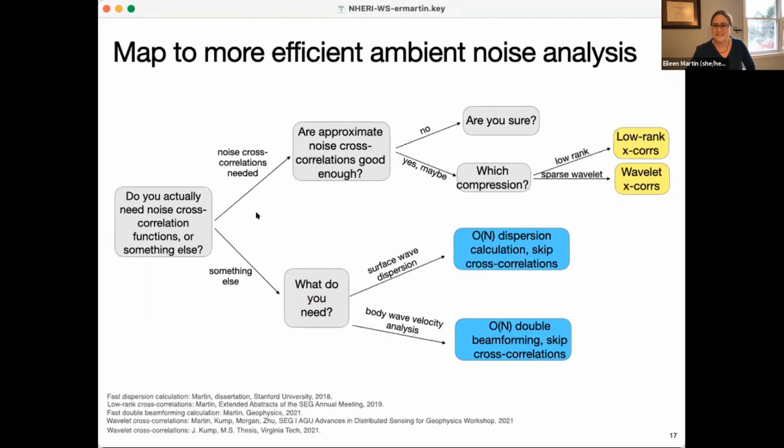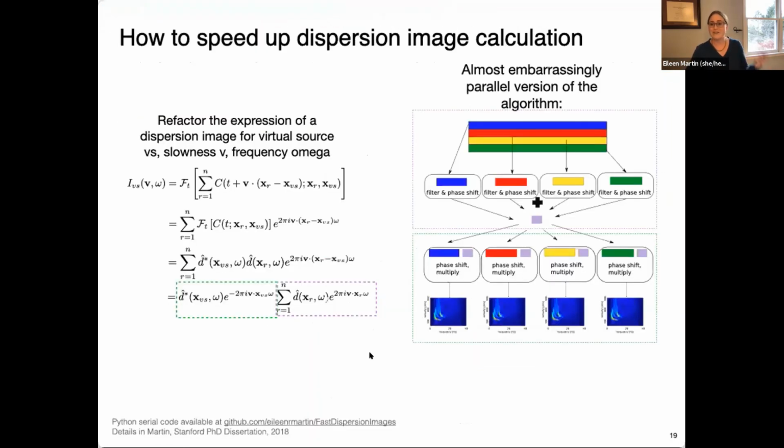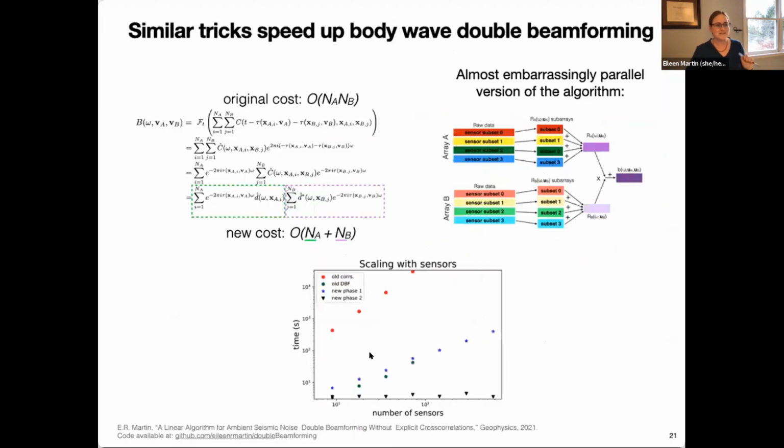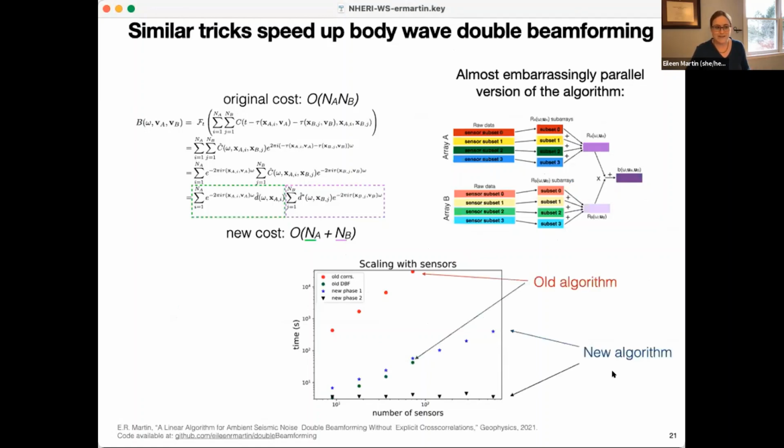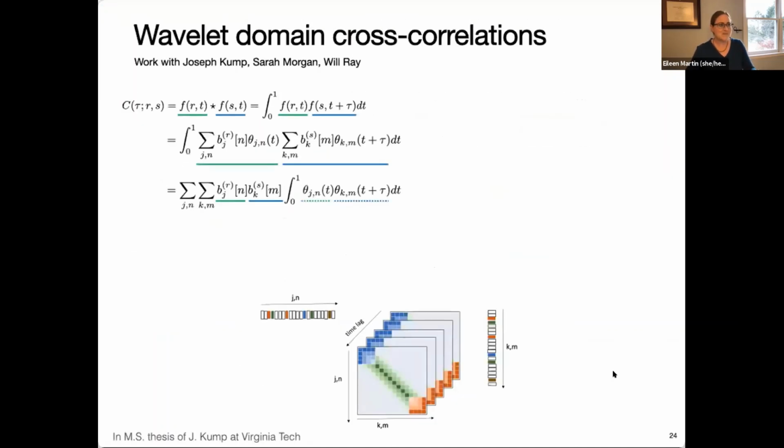but hopefully seeing this outline of solutions gives you some sense of what some of these fast algorithms out there are to reduce our data movement for high throughput DAS data analysis. Here's just some cartoons of how those algorithms work and what our scalability is like, orders of magnitude faster, which is pretty exciting. So just to wrap up,